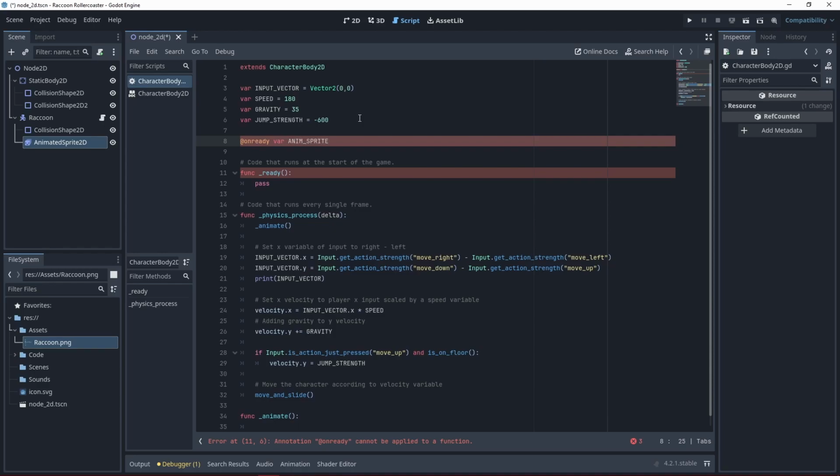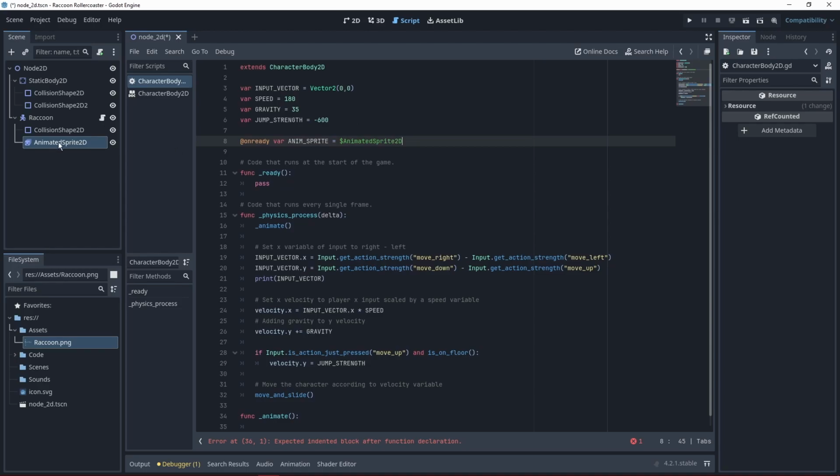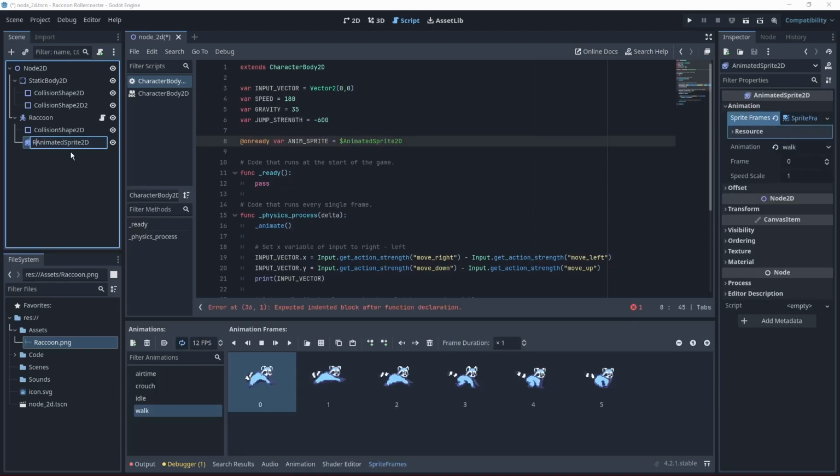This is just a name I'm going to call it. And here we can do equals, and we're going to set this variable, which is actually just a reference to our node, equal to, you do $, and you type whatever the name of this node is here. So if I were to call this raccoon sprite or whatever,